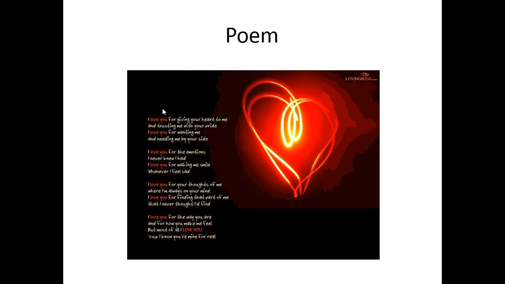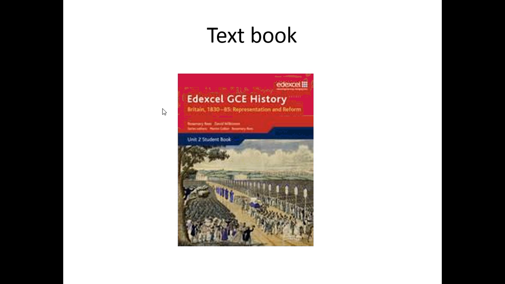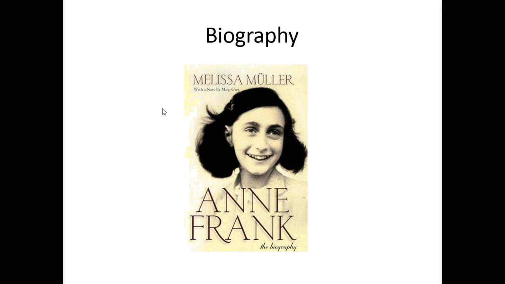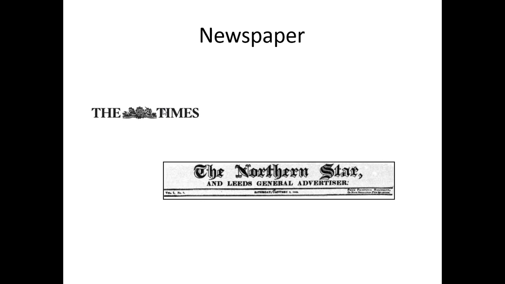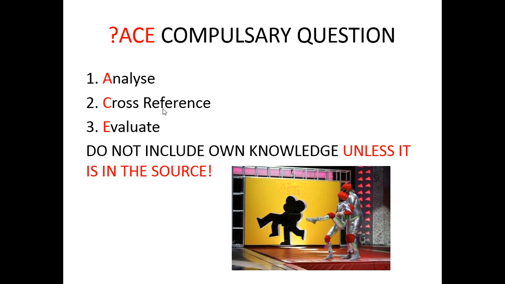A poem is about love, and they've used this before with Fergus O'Connor. So the person writing a poem about Fergus O'Connor would generally love and support that person. Textbook: an excellent source. It's a secondary source. It doesn't really show the emotion of the time. However, it gives a very balanced view of what is going on. Biography: generally this is a biography of Anne Frank. Generally the person writing the biography will like that person. Newspapers: The Times is Conservative, the Northern Star is a Chartist newspaper. Regional newspapers were very important because they were much more favouring reform, and they were run by those middle class people. Let's go back to the ACE question then.